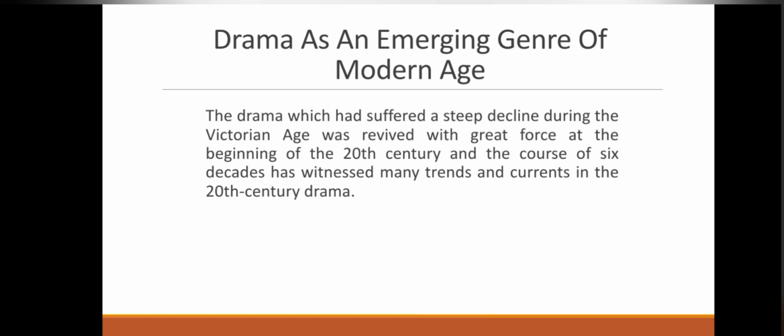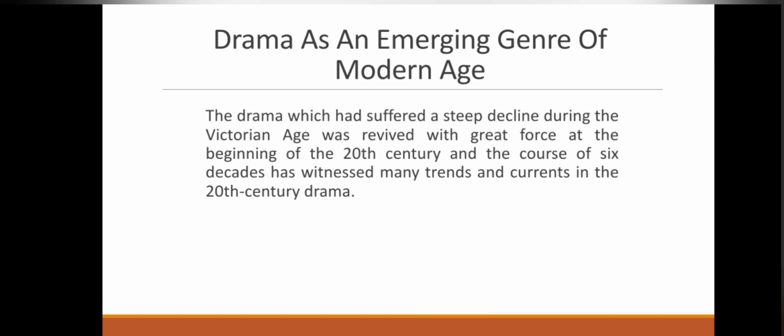So what they were doing, they were studying, giving education to their children and all. So drama declined a lot. But in the Victorian age, there were theoretical innovations, yes. But in the modern age, drama was a major genre which developed a lot. So the drama, which had suffered a steep decline during the Victorian age, was revived with a great force at